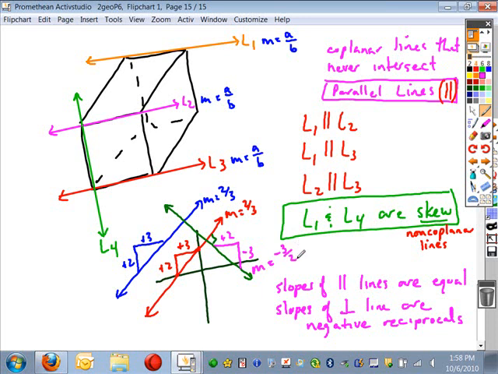So looking at this example over here, what would the slope of this green line 4 have to be if it meets at this right angle on the edge of the block? Negative b/a. Okay, so you just flip the fraction, change the